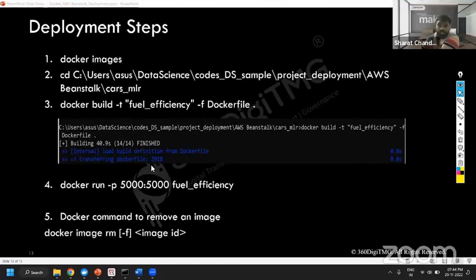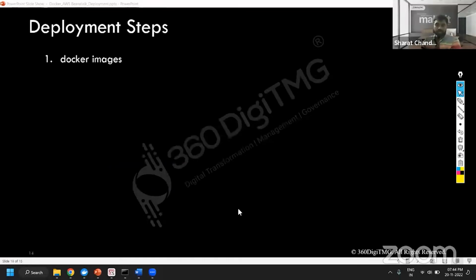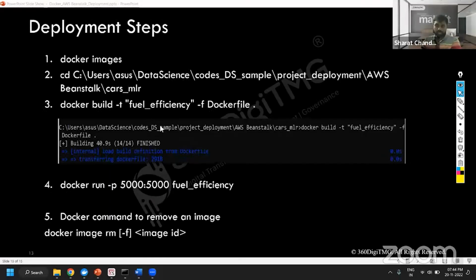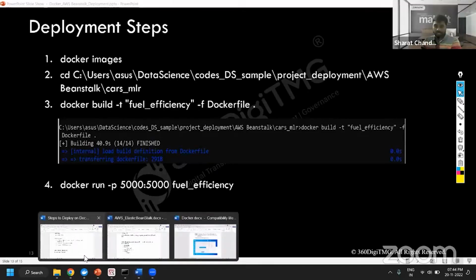And I've shown how to run the deployment of a Docker image. This image that I have is installed on a local machine, and it's there in the Docker Hub. Now, from the Docker Hub, I would be running that image in a Beanstalk environment. So these are basically the steps. And if I go to the steps here,